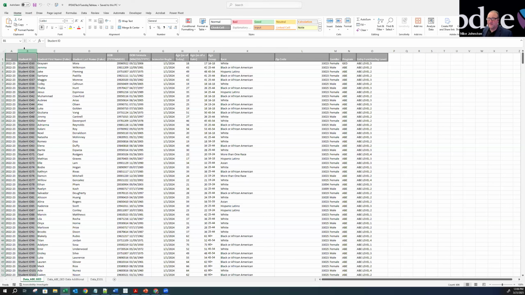I'm going to show you that through the ability for us to tap into a Google Drive. So I just have an ability for us to get into a Google Drive. This data is stored in a Google Drive. So the same exact data that I had in that Excel spreadsheet, I have posted into a Google Drive, into a place that I can get access to. So the only difference here is that I did not post any names.